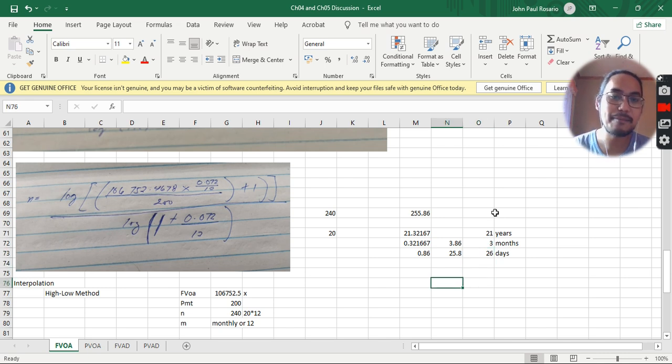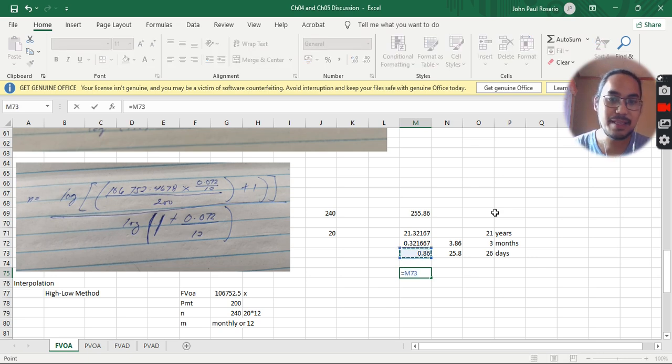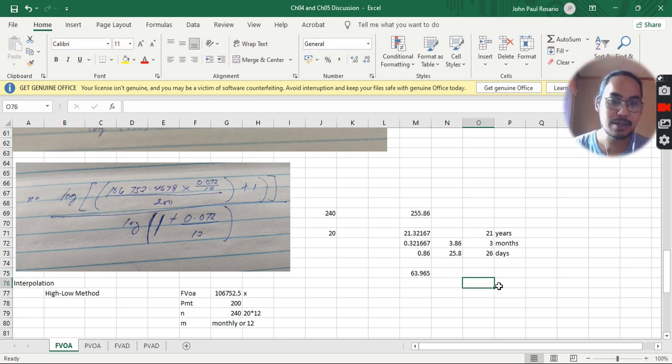So for example, the period was quarterly. So we divide this by how many quarters ba? Quarterly ang gipangayuan, what you got was 255.86. So this quarterly means there are 4 quarters every year. So 4 quarters. That means you have 63 years. And then our remainder would be